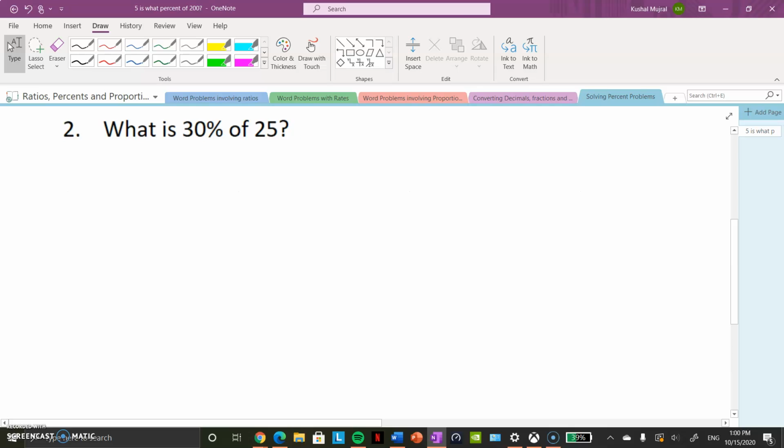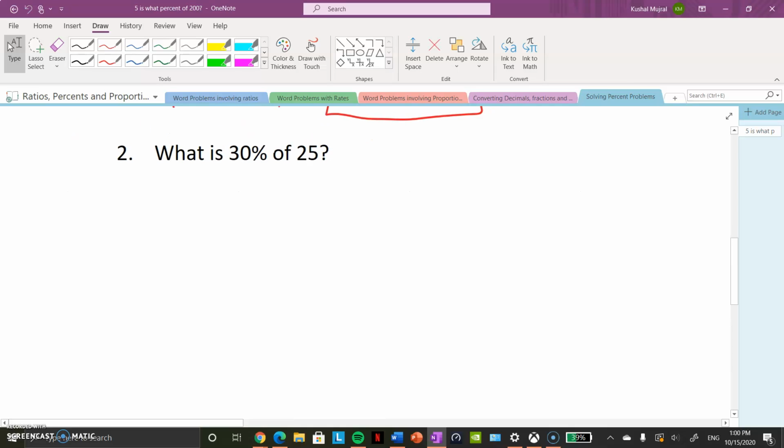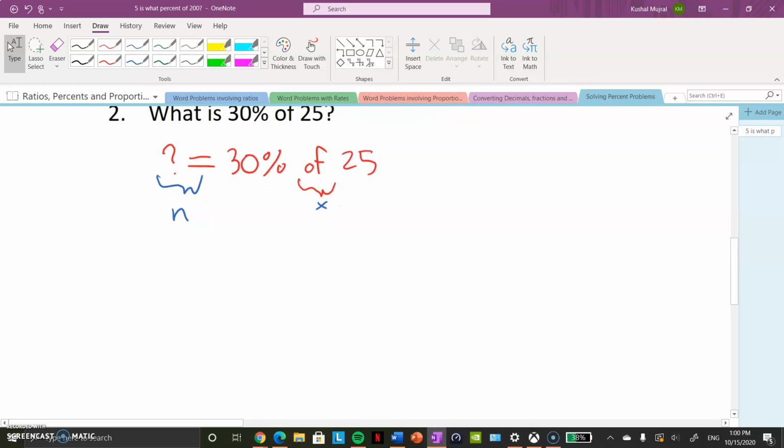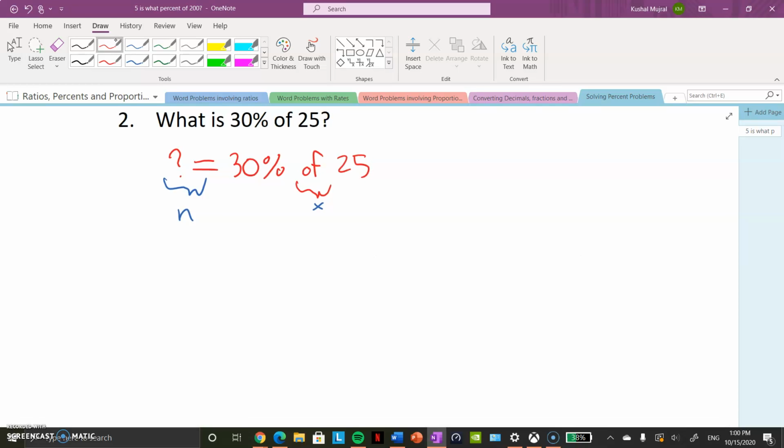Let's take a look at this question now. What is 30% of 25? So, what equals, let me erase that one sec. What equals 30% of 25? Okay, so "of," like I said before, means multiply. And this we're going to change for n. You can write x, you can write y, whatever you want. Now n equals 30%